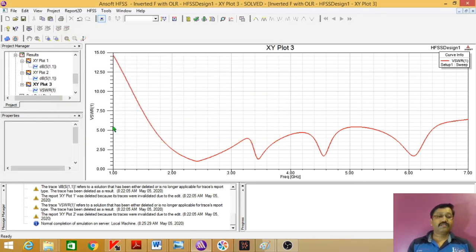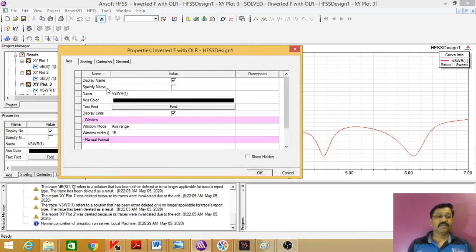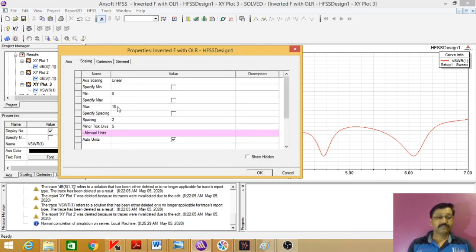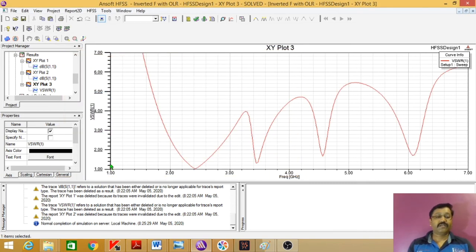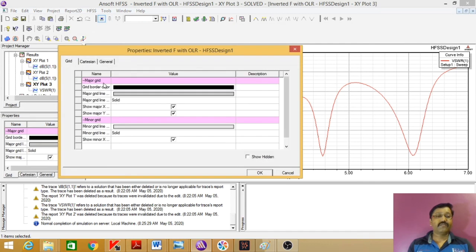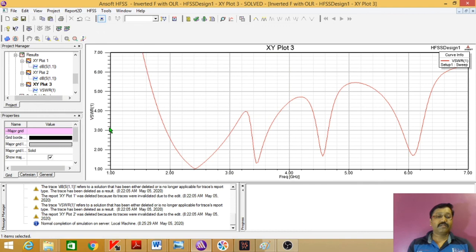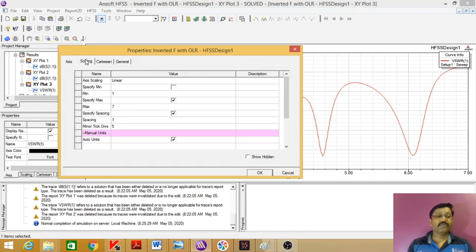You can change the scaling, suppose change this to 7, spacing is 1, minimum is 0. If it changes, we'll change it again. Okay, it is going to start with the 1, so I will click on this, I will go to scaling,